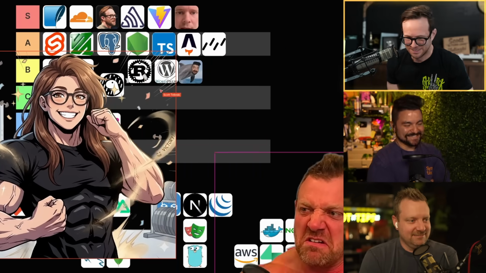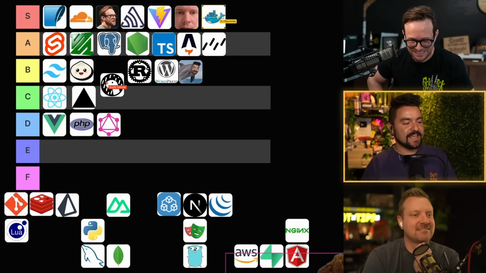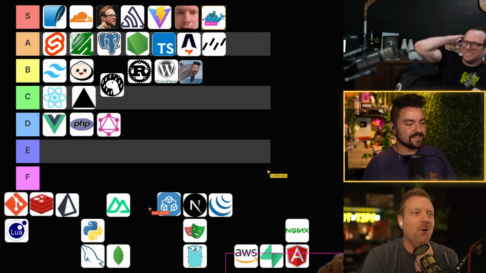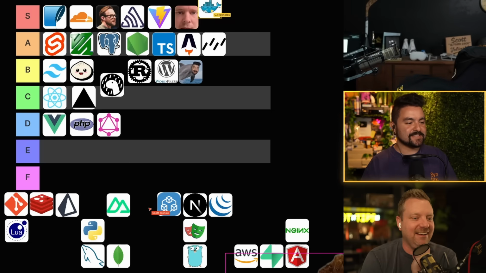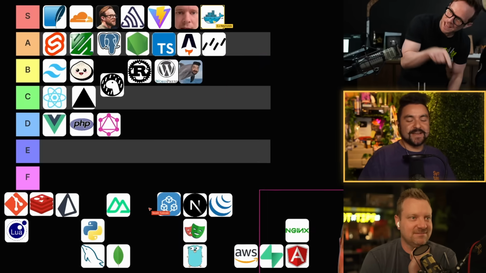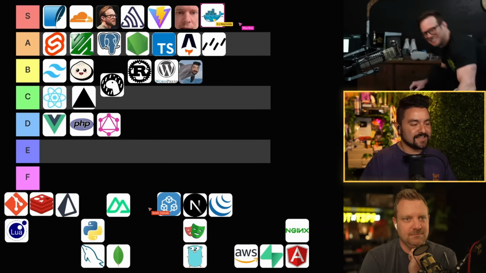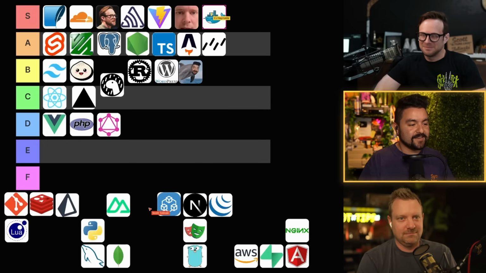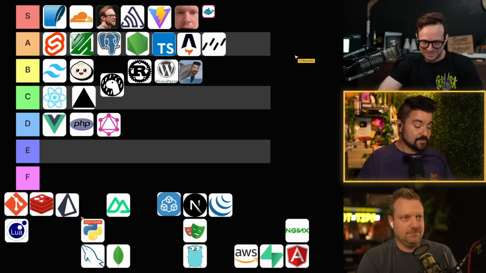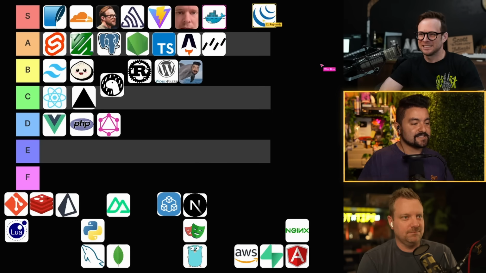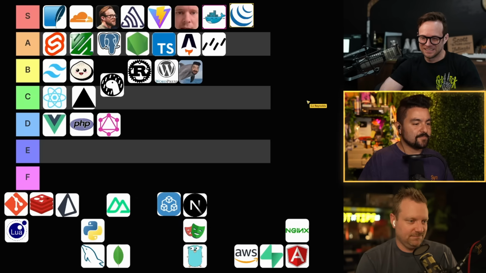I'm going to wrap this up by throwing Docker in S tier. If you haven't used Docker for containerizing things, get out of here. You can't stop me. I'm holding my mouse on it. Veto. You need to learn Docker right now. You need to be running your agents inside of Docker. You need to Dockerize your apps at work, so that way it's much easier for other people on your team to start up your apps. I'm going to put jQuery also in S tier because we wouldn't have all the web that we have today without all the stuff that it did.